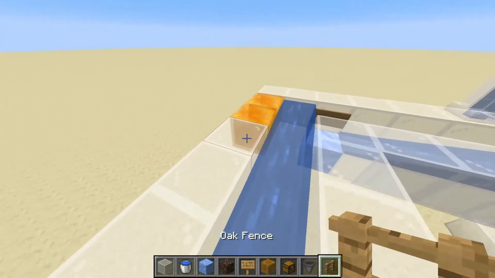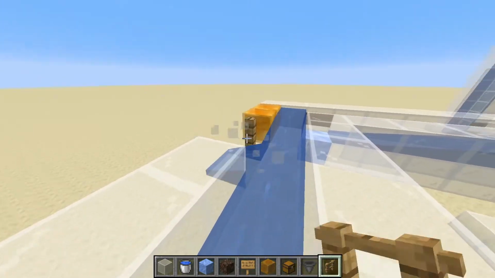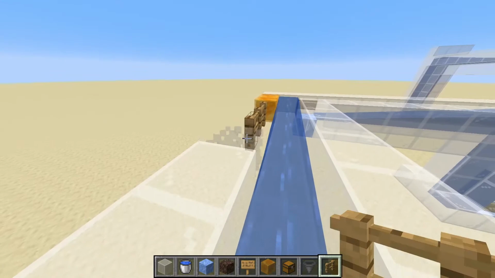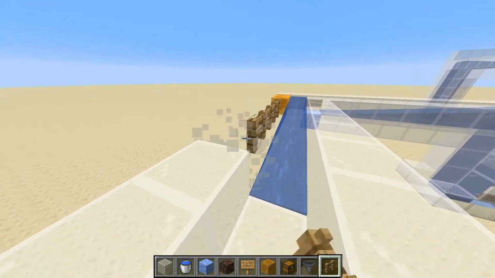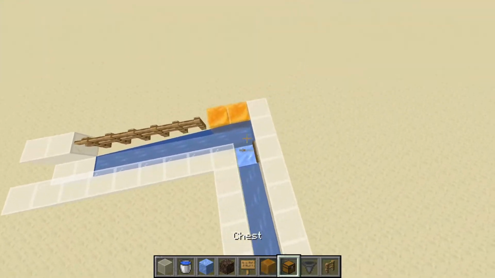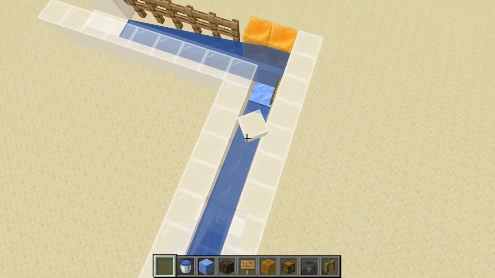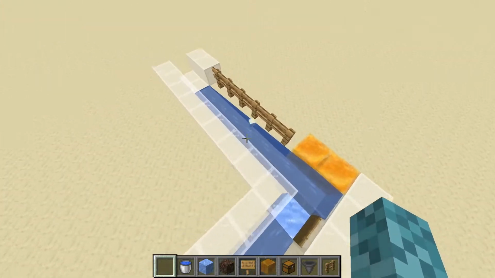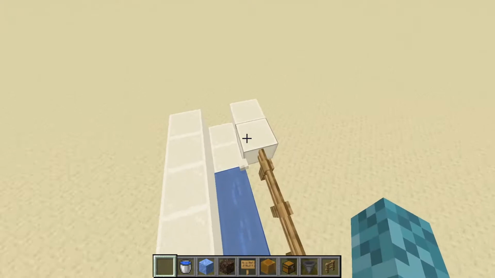So to do this, for example, we can place in some fences, just replacing these blocks with fences everywhere we go, and we'll see that the water stream should continue on just fine. We can even see that our item is going to go all the way, and it should go all the way to this end over here, and get stuck by these blocks, but that's okay.